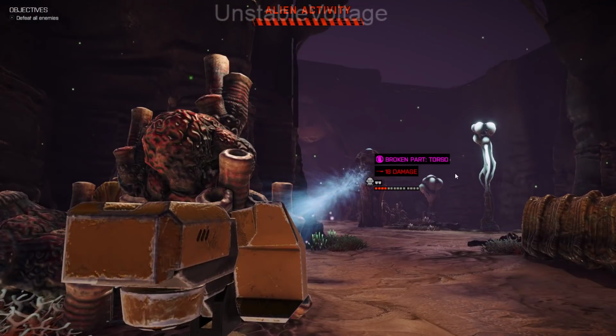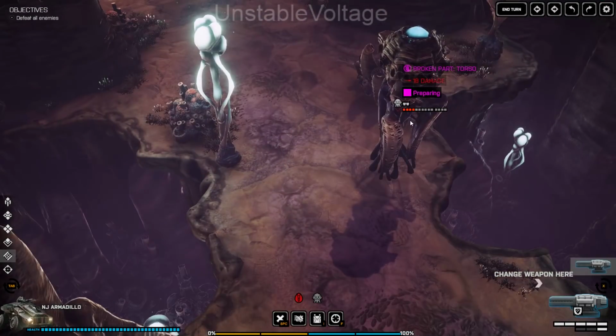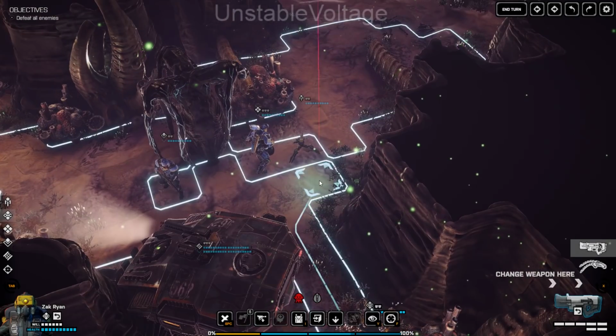So the turret's actually taking a shot at the Mist Sentinel, and I'm kind of glad that it did that, because now that Mist Sentinel is going to activate. You can see now that it is preparing. So it's going to spew some mist out. And what I think I might do...